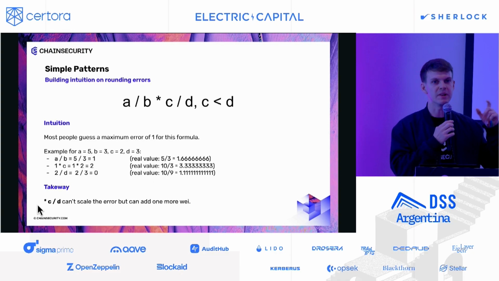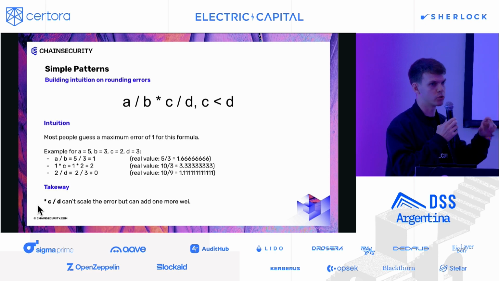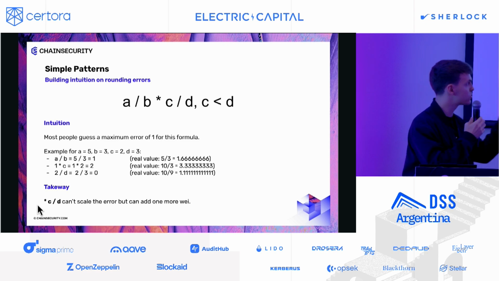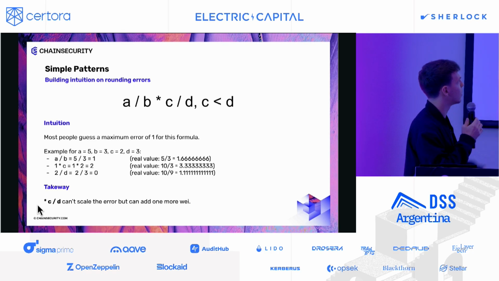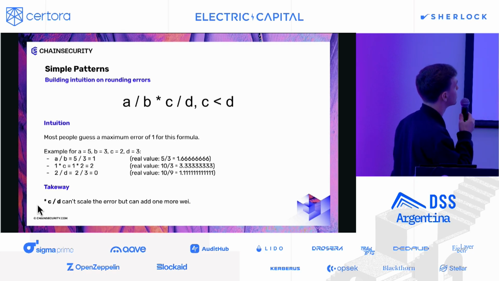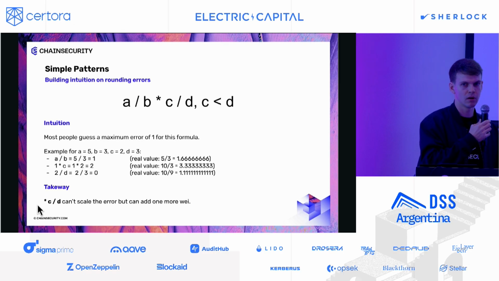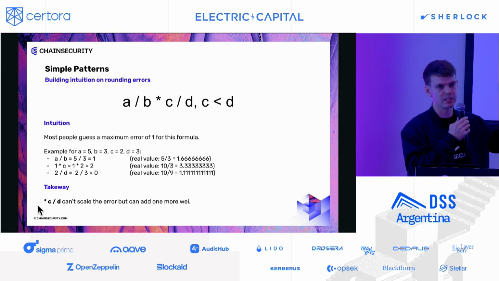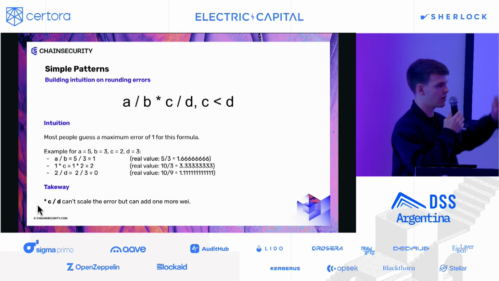So we cannot really amplify the error as before, because before we had C, which could be big, and then we really amplify the error. In this one, C over D is simply smaller than 1. So you could guess it's not going to amplify the error at all. And also, there is no issue with the parentheses. We're going to do A divided by B, then we do all this times C, and then we divide everything by D. Otherwise, C divided by D would already be 0, and then this is all 0. Right, so there is no brackets error.